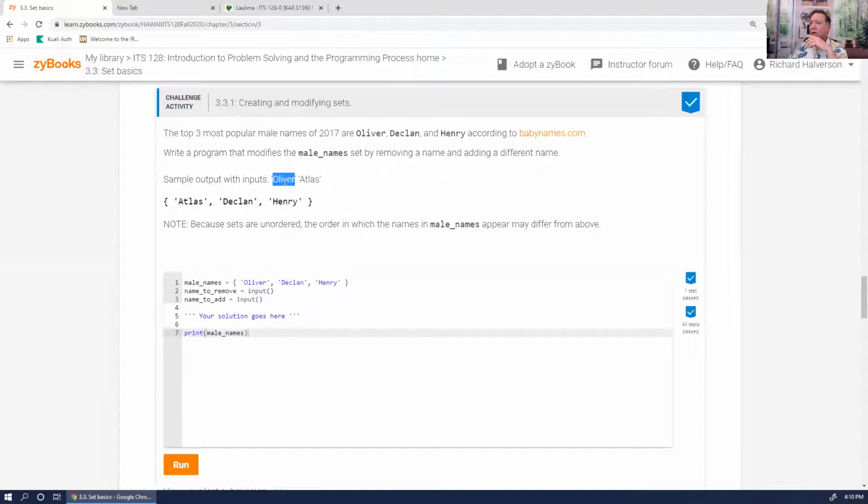Okay, so we're going to add Oliver. Right, removing a name and adding a name. Okay, so we're going to remove Oliver and add Atlas. So we started with this, which is precisely this. And then we're going to input a name to remove, and then we're going to input a name to add. And we're supposed to